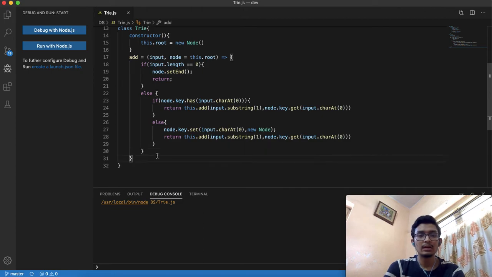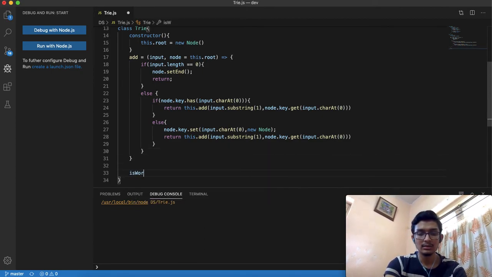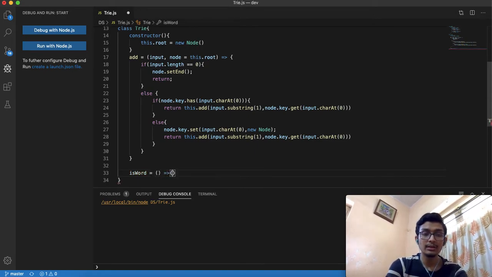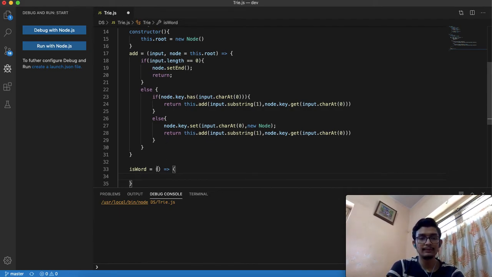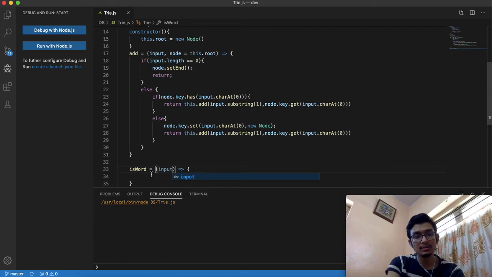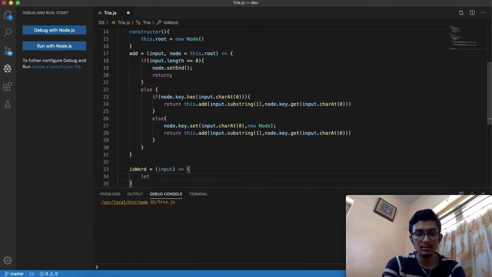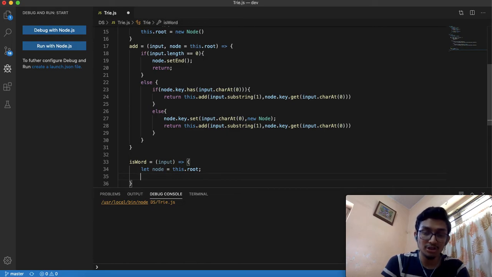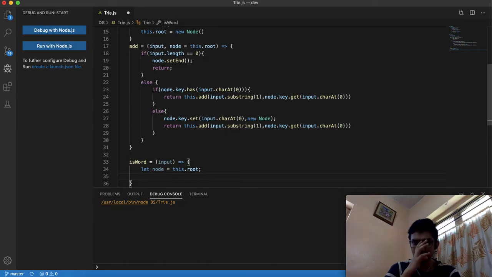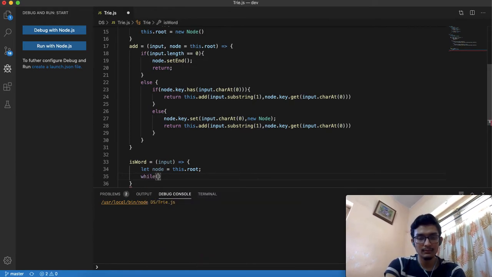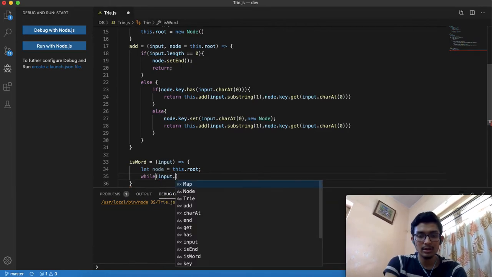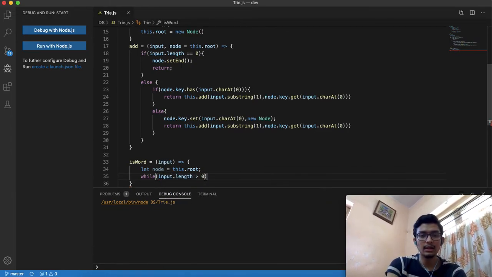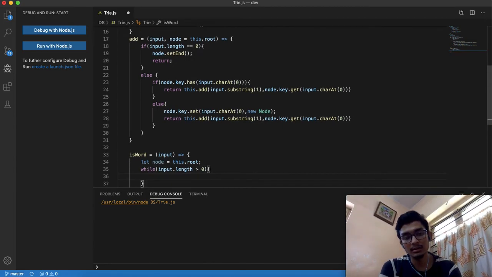Now another functionality is isWord. What it does is it checks whether a particular word, which is the input, exists in my tree or not. So let node equal this dot root. Initially it is the root node. So I will now check whether the particular input string exists in my tree or not. So while input dot length is greater than 0,